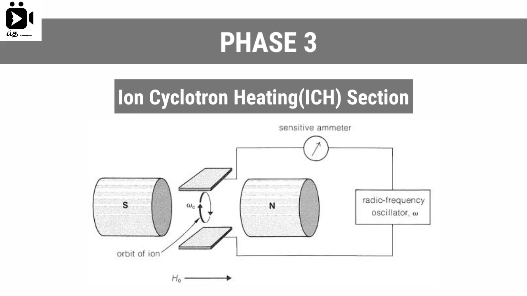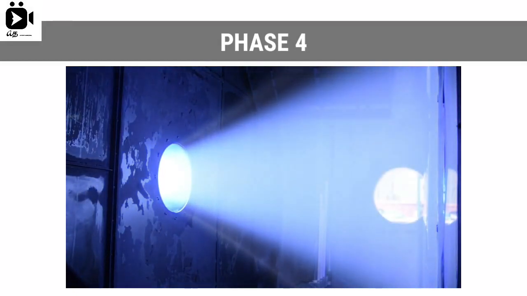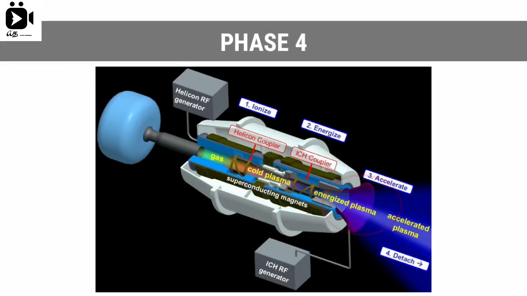Here, we are heating plasma to more than 10 lakh degrees Celsius, about 173 times the temperature of the sun's surface. Phase 4: Diverging section. The nozzle of the engine is a magnetic nozzle, so it contains an expanding magnetic field that ejects the ions and electrons from the engine at velocities as great as 50,000 meters per second, that is 1,80,000 km per hour.